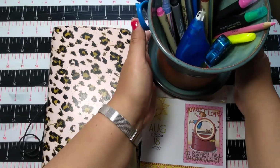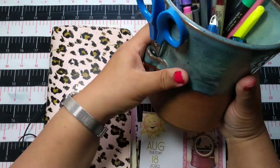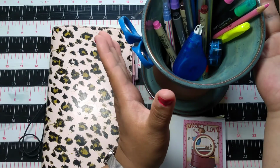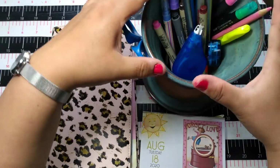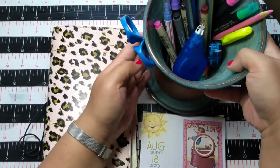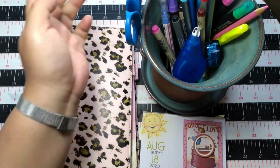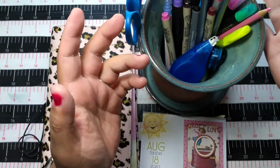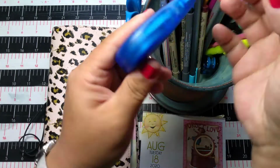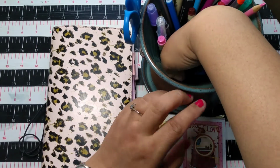And I have on my desk this lovely piece of pottery. I think it's a bonsai vase, but the lady who made it said you can use it for anything. You can also use it as a knitter, a yarn holder, kitchen utensils. It has this handy little hook that I put my little scissors in, and inside I store all of my pens and pencils that I use on a regular basis. I have my whiteout here that comes in handy a lot, and right now